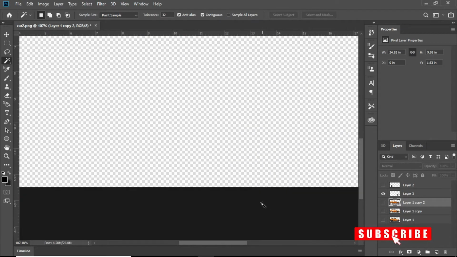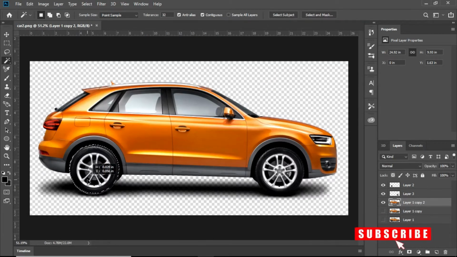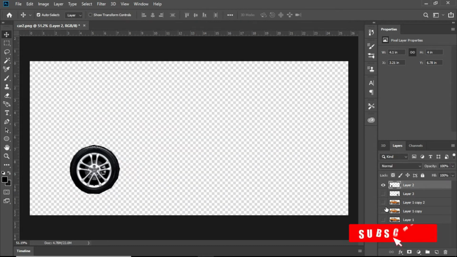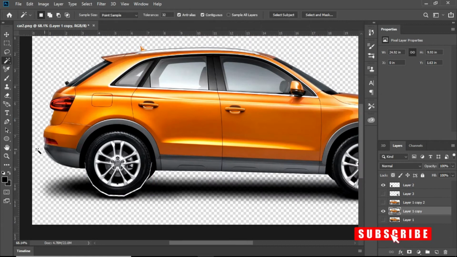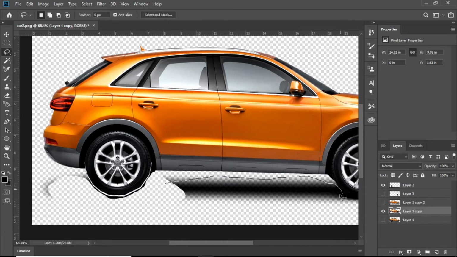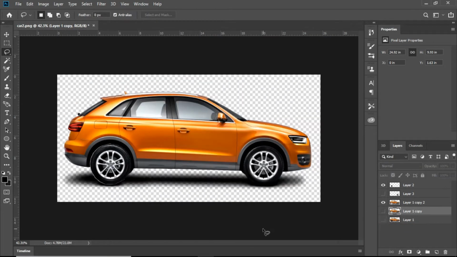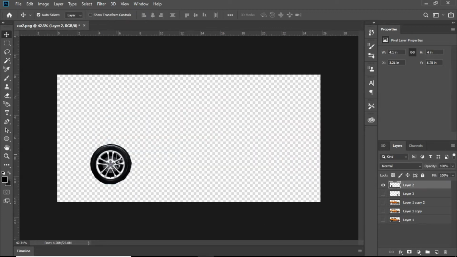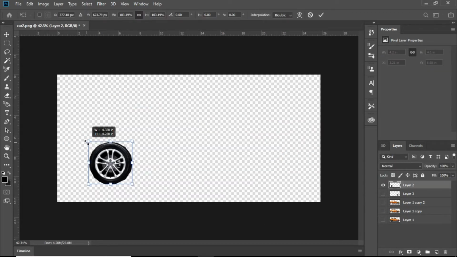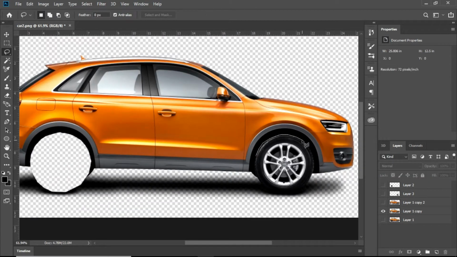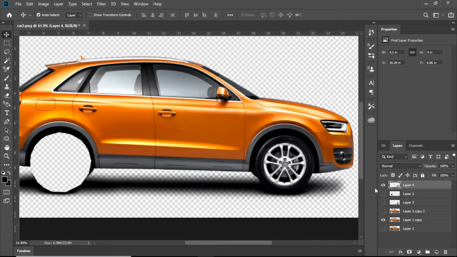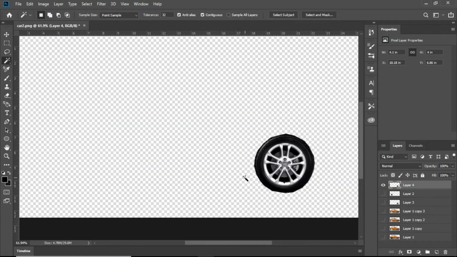I did this because I didn't want to make the video longer for those who don't want to watch a Photoshop tutorial. This video is obviously not based on Photoshop, so I don't want to give extra knowledge you are not here for. I just scaled the wheels a bit so the white part gets hidden. And there are the images.